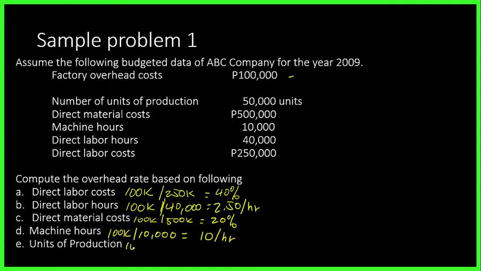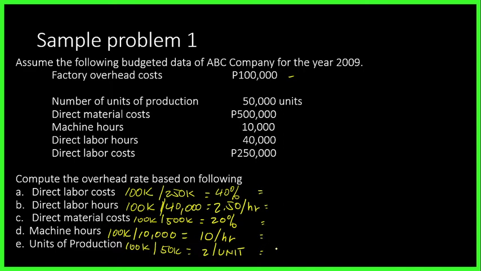And if it's based on the number of units produced, so you have 100,000 divided by 50,000 units produced. That will be 2 per unit. Okay po. Ayan. So, what if